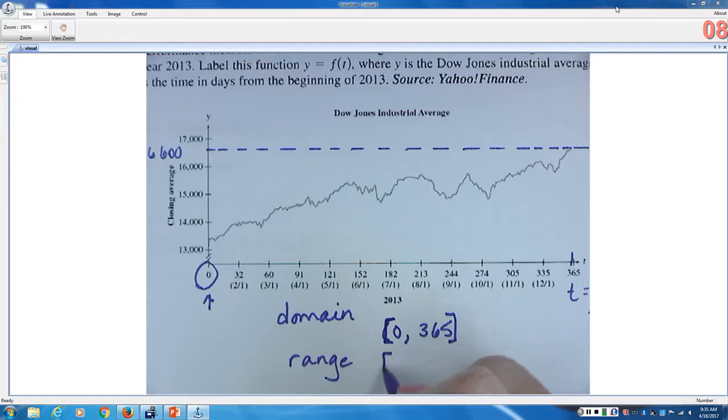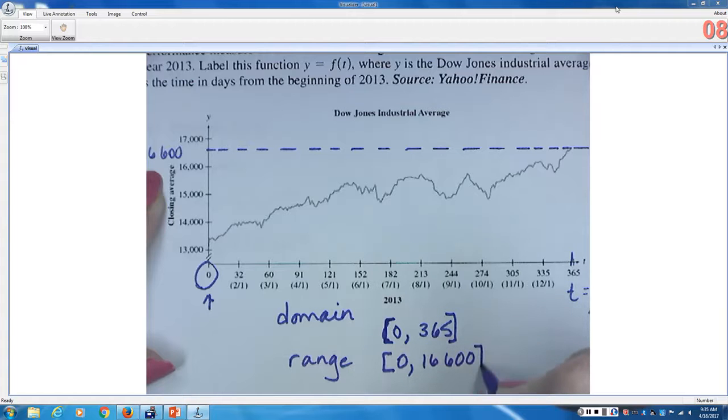You would start at 0, and it includes 0, so we use a square bracket, and go up to 16,600. And it would include that end value, but every value in between could possibly be a value for the Dow Jones Industrial. But the notes was saying the range was 13,100